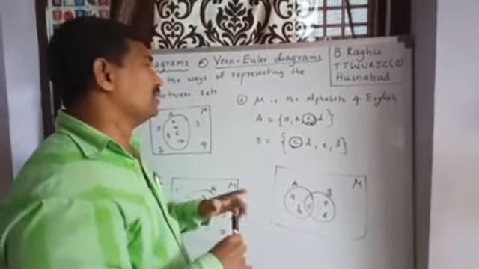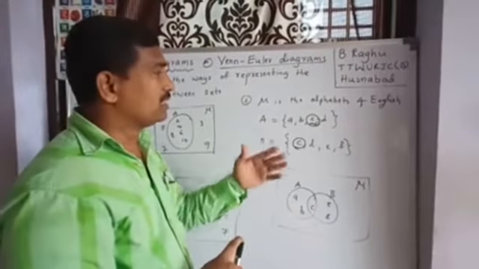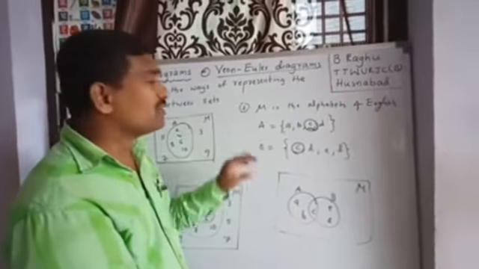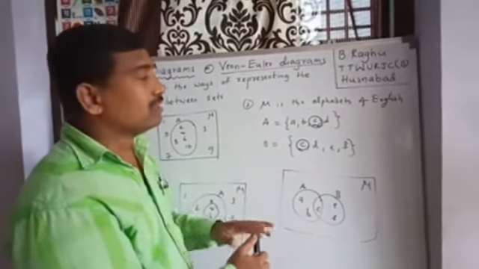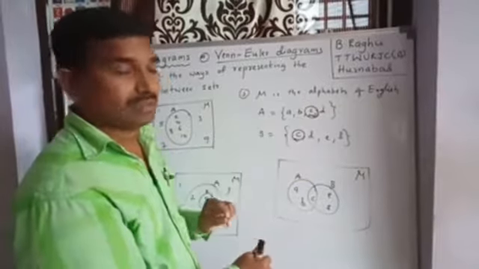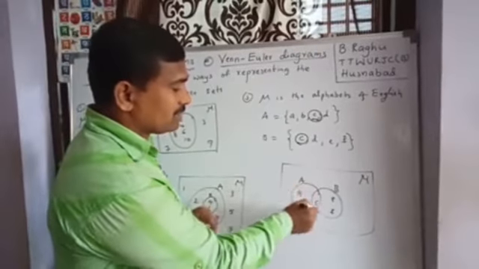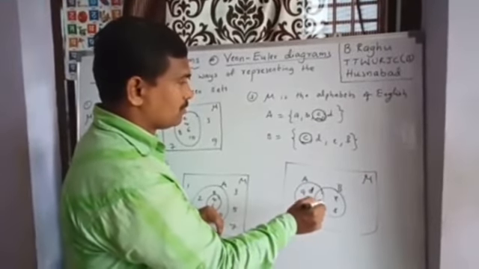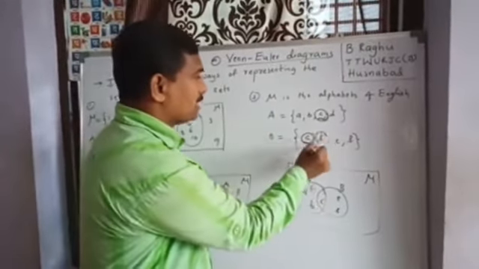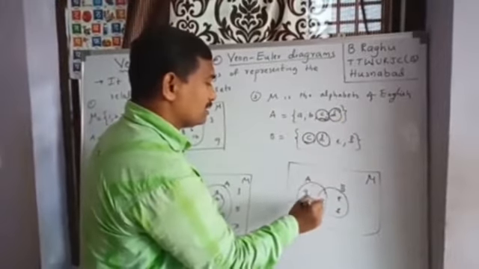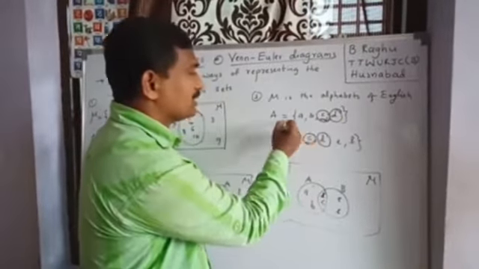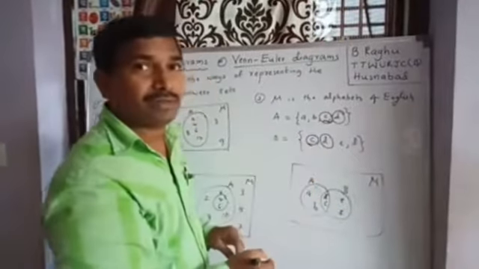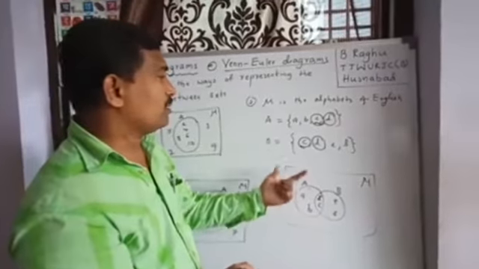So how to represent this? The universal set is the English letters. These are two sets. This is one of the ways of representing the relation between these two sets. What is the relation between these two sets? They have common letters. So I am representing it like this. This circle is A, B, C, D, and D is also common. A, B, C, D are in set A, and set B has B, C, D, E, F. Two elements are common. So it is one of the problem examples.